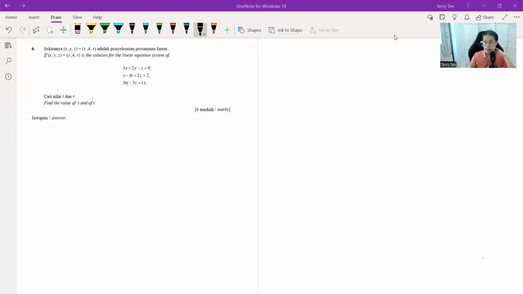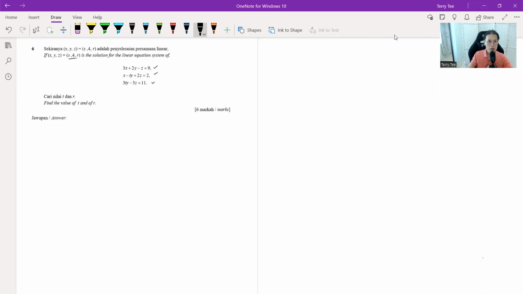Okay, question number 6. This is Form 4, Chapter 3, System of Equations. Here we are given that (x, y, z) equals (s, 4, r) is a solution to this simultaneous system of linear equations, we call it, right? So you're supposed to find the value of t and r. T and r, we don't need to find s, right? Okay, so first of all,